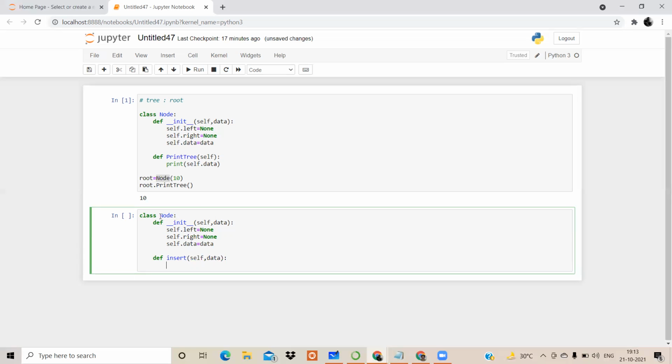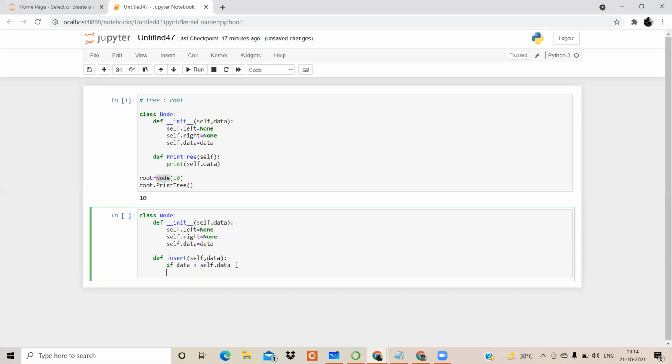Now, what's the logic that we are going to write inside the insert function? We'll say that if the data entered by us is less than self.data. What is self.data? Self.data is nothing but the data of our root node. So we are checking what will happen if the next value we add is less than self.data.